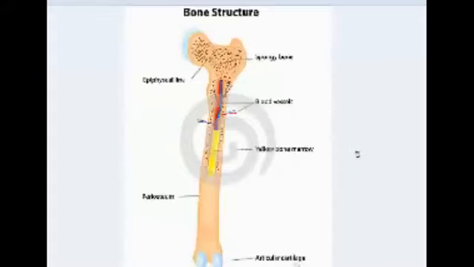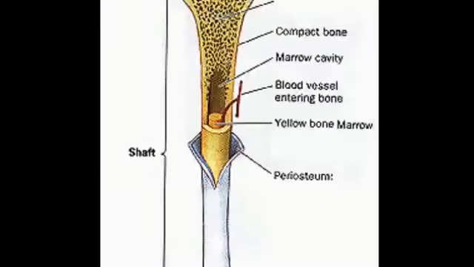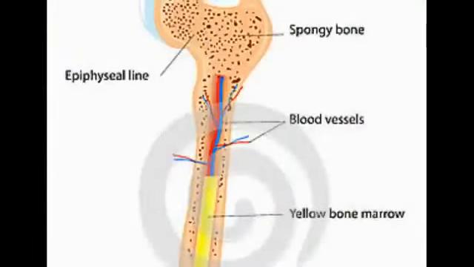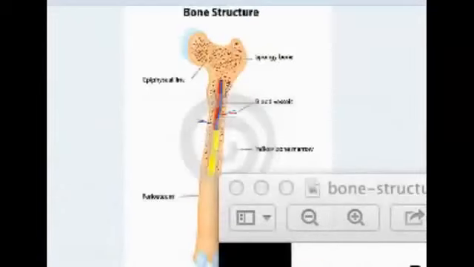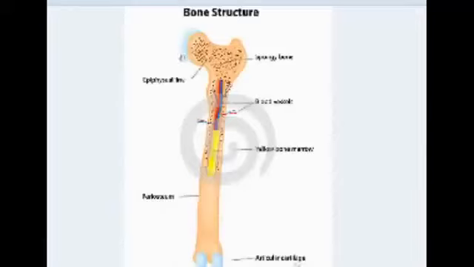That's a long bone, like your hip bone. It consists of two endings, and they are called epiphyses. And the end of the ending has cartilage. This is